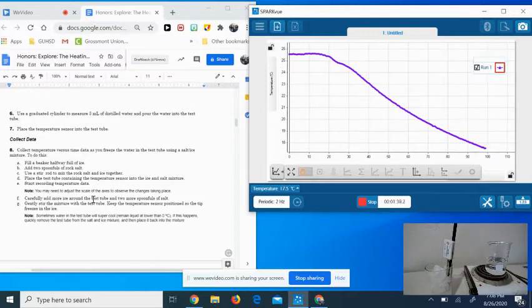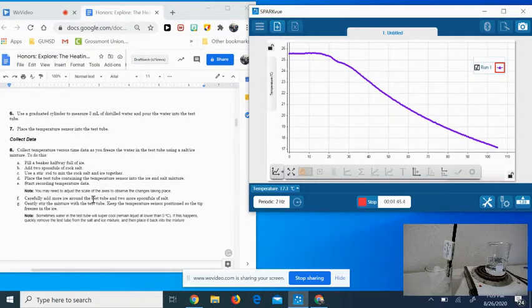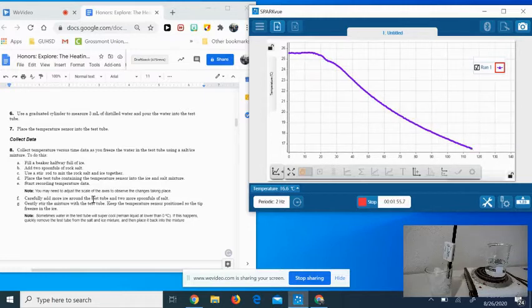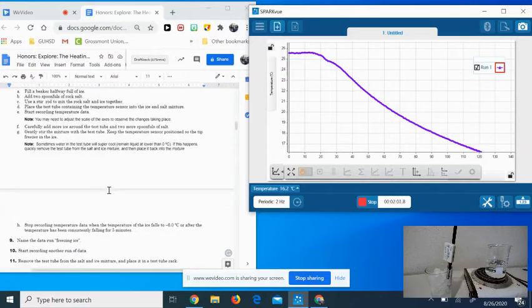So I have that there, and you'll see my temperature is dropping quite a bit. I went from 25 degrees, now I'm at 17.2, 17.1, and I'm continuing to drop. And it says, carefully add more ice around the test tube and 2 more spoonfuls of salt. Gently stir the mixture with the test tube and keep the temperature sensor positioned so the tip freezes in the